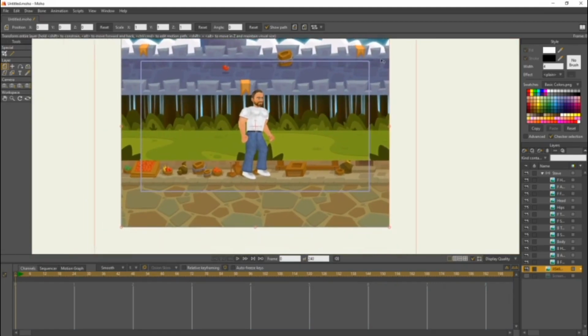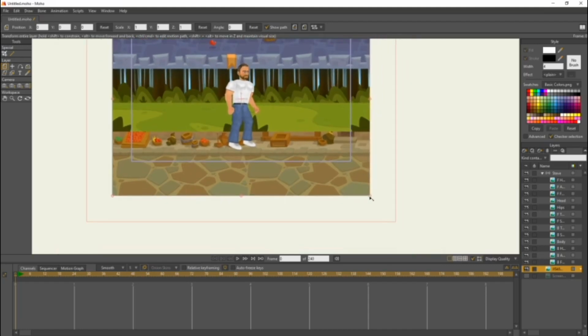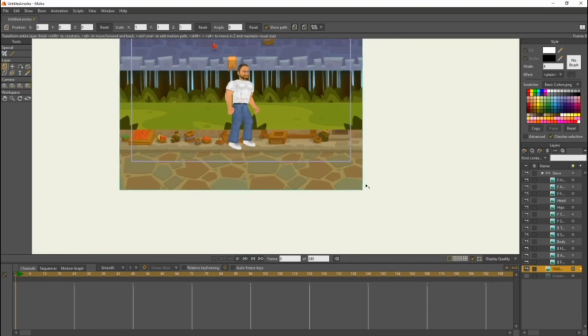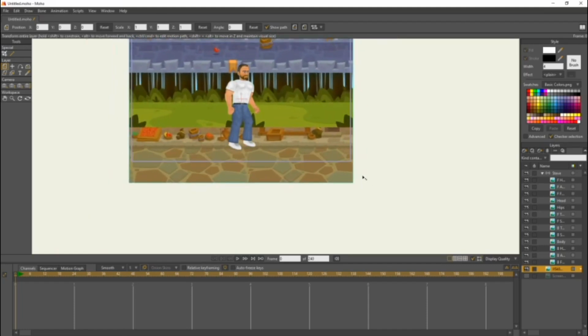I don't know why the other ones weren't working, but the way you do it, you just download a background, or if you have one on your PC, click and drag it. I think it's because it wasn't a JPEG file or something, but just import that over here to Moho the same way you imported the other files. And you can scale this image. Come down here to this circle on any one of the corners, click, and that scales it.